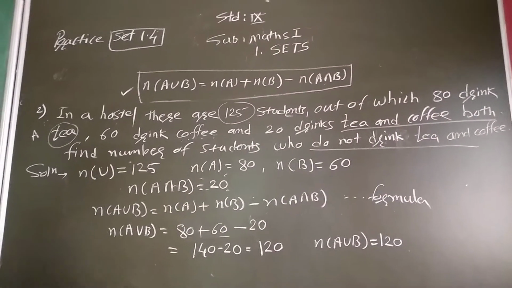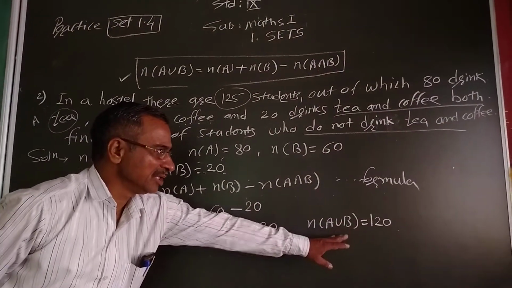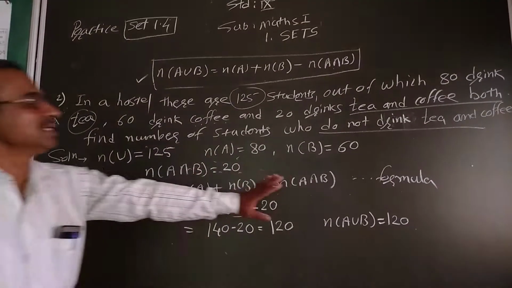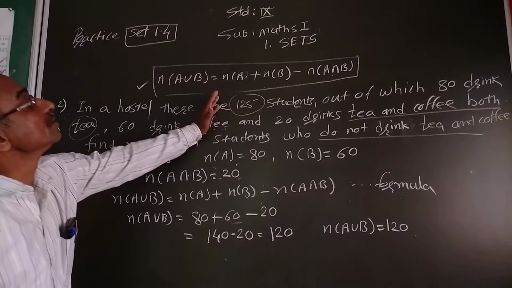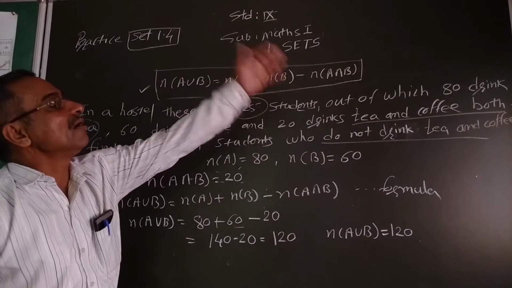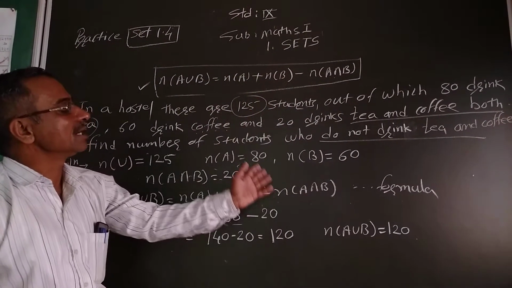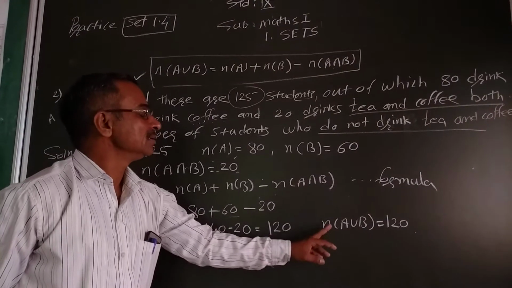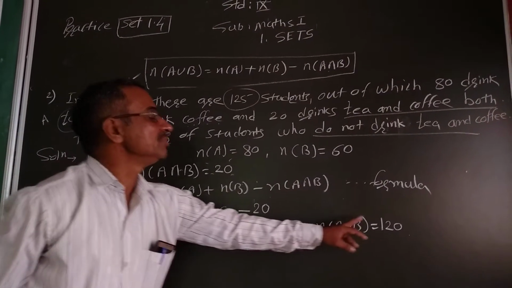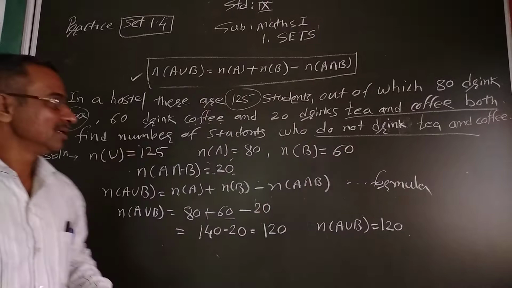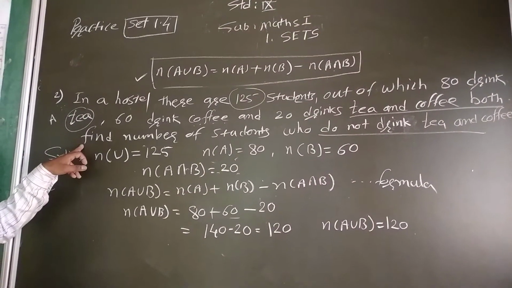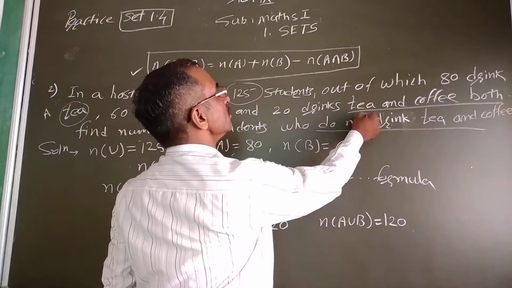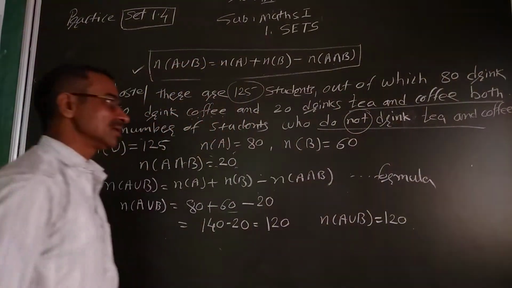Means the union of A union B is equal to what? 120. Means these students are drinking tea, coffee, and both of the students are drinking tea and coffee. So totally we get number of elements in A union B is equal to what? 120. What the question asks: find the number of students who do not, this is what is important, do not